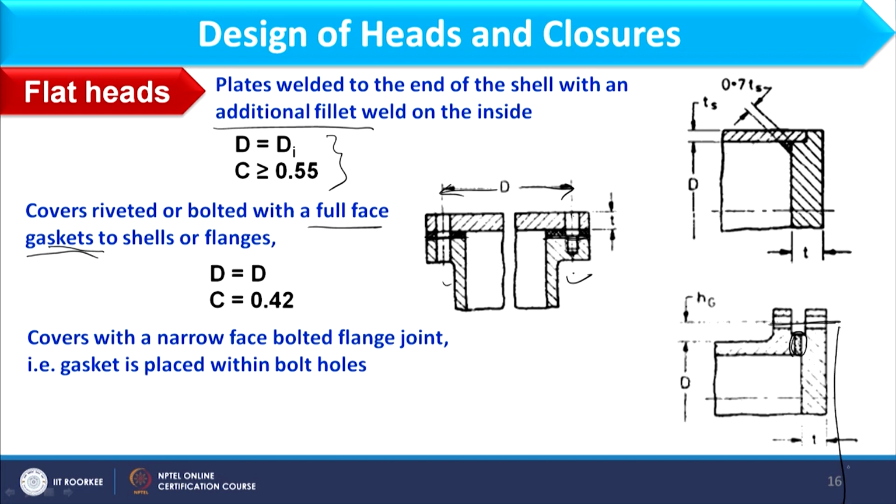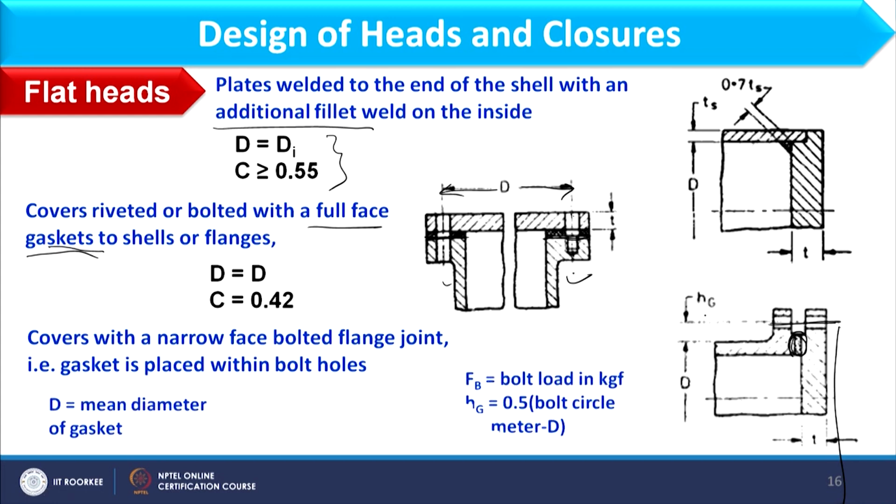So within that bolt circle this gasket is placed. Okay. So here we have different dimensions like D, H, G that you can observe from this figure. D is basically the mean diameter of the gasket,